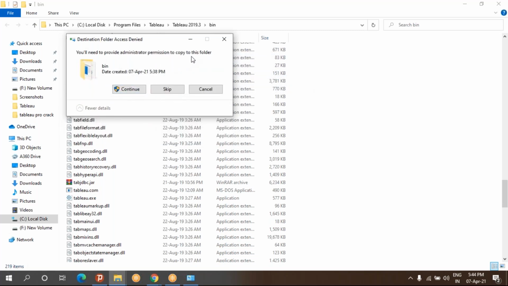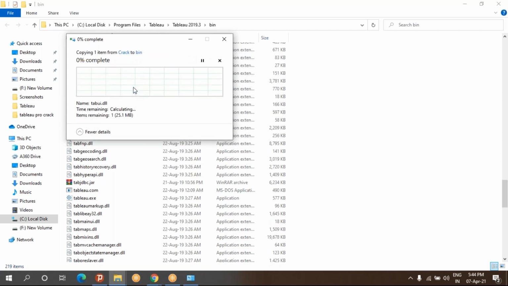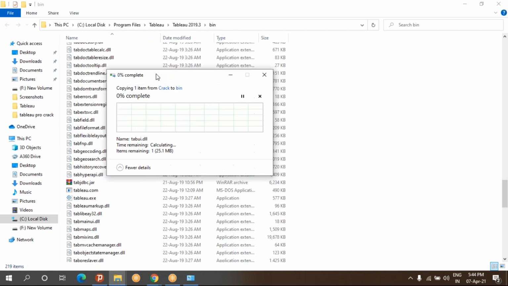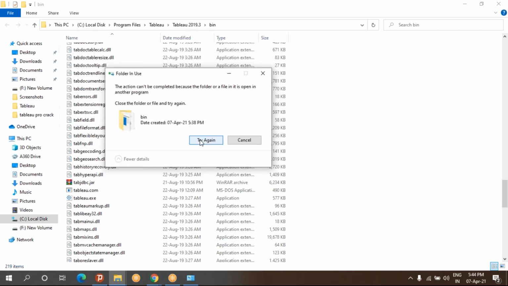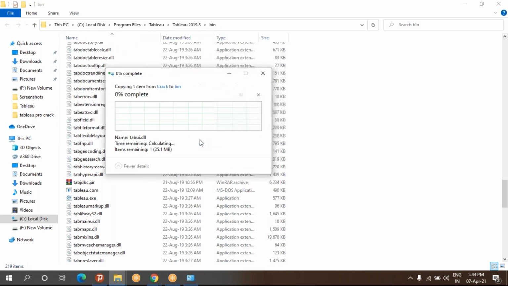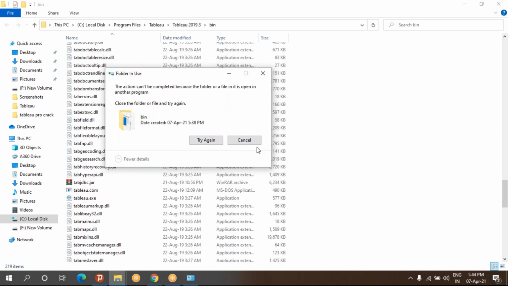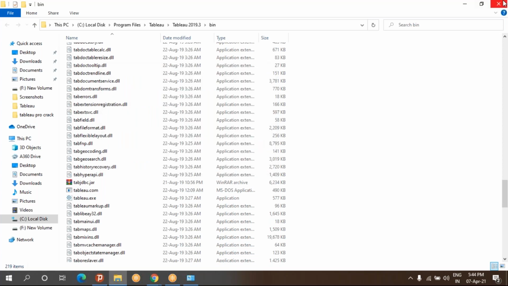You need to provide administrative permissions to copy this file. Continue, because I'm an administrator. The action can't be completed because the folder is open in another program.